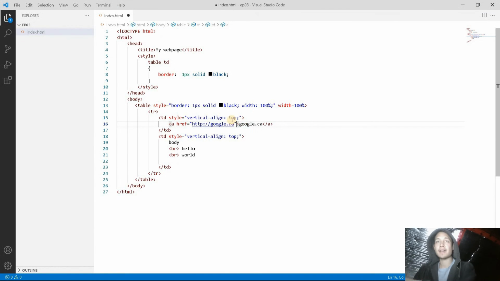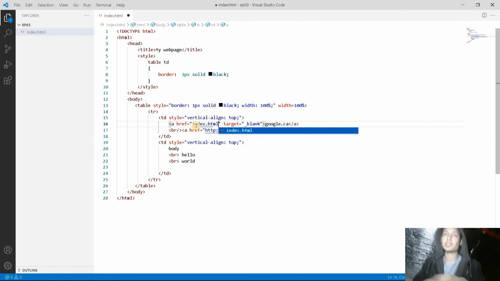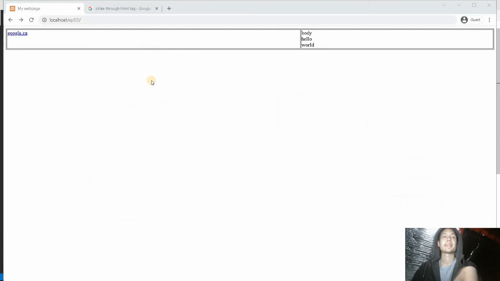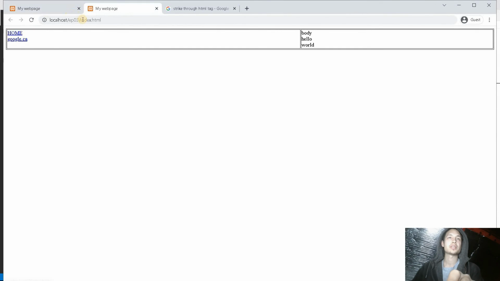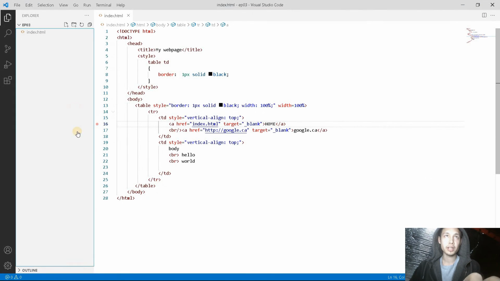So if you're making, say, a navigation menu, just going to be lazy, br, put a break here, and we're going to call this, say, a local file, index.html. This is the file we have here, and then home. Refresh. This is now our home link, and it sent us to index.html, which was the same page that we were on already. I'm just going to create a new page here,